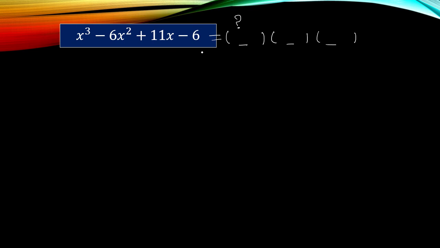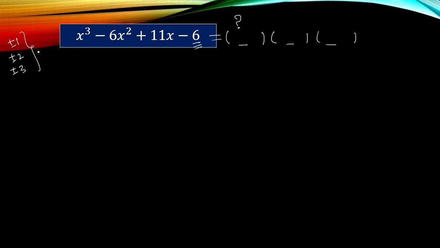So how to get the first factor with the help of trial and error method or hit and trial method? Let's see. For that we look at the constant term of the polynomial. Here the constant term of the polynomial is minus 6, and we can say the factors of minus 6 can be plus minus 1, plus minus 2, plus minus 3. So we have to use these numbers to check which number gives 0 if we put these numbers one by one in the polynomial.